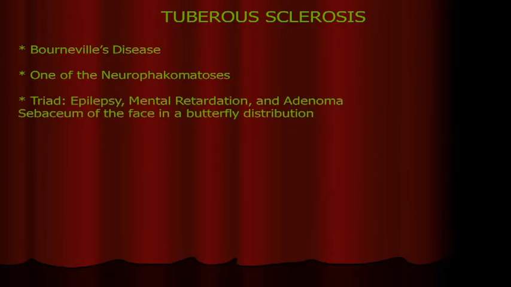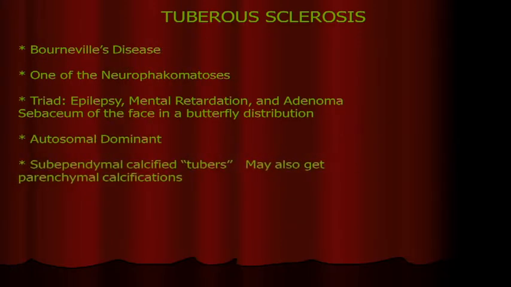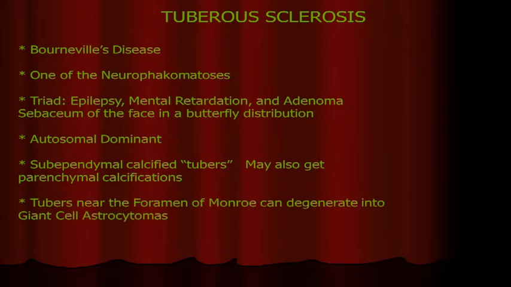Epilepsy, mental retardation, adenoma sebaceum of the face in a butterfly distribution. Autosomal dominant. The subependymal calcified tubers may also get parenchymal calcifications. Tubers near the foramen of Monro can degenerate into giant cell astrocytoma. So they're in the third ventricle near the